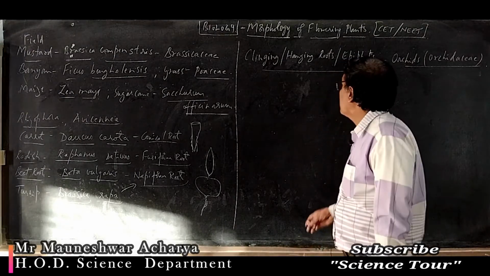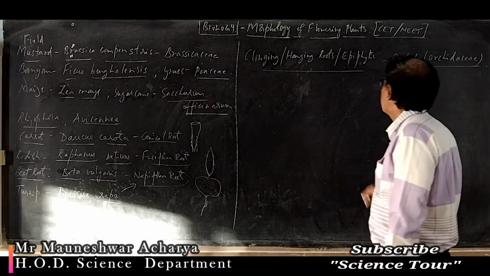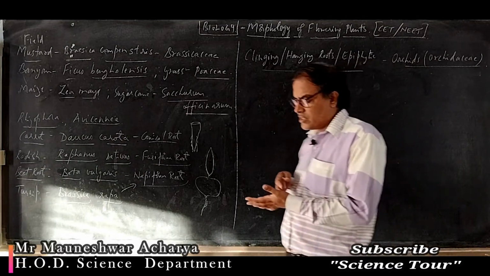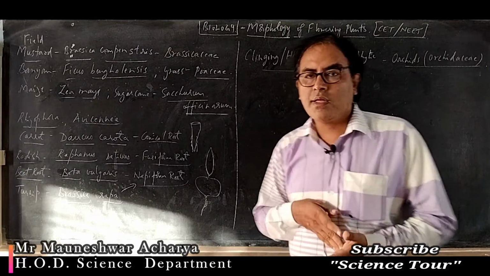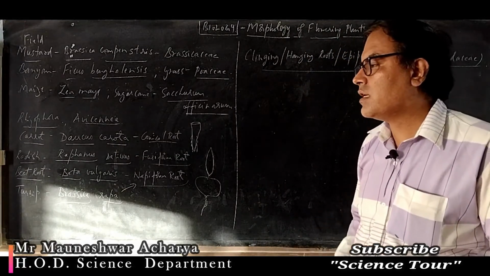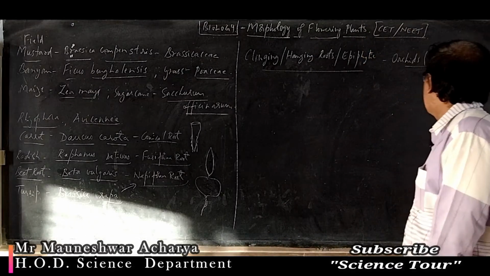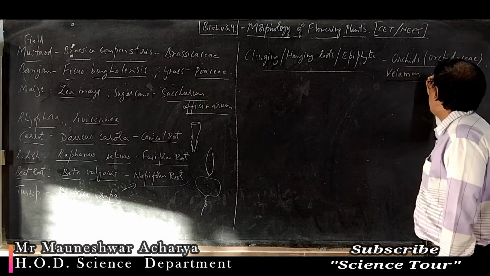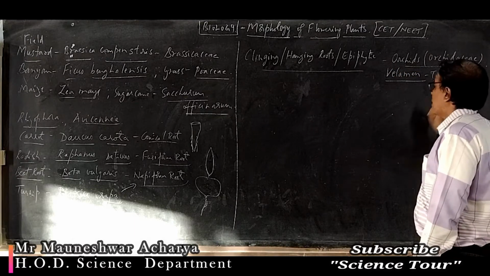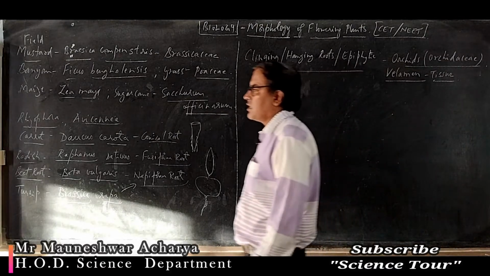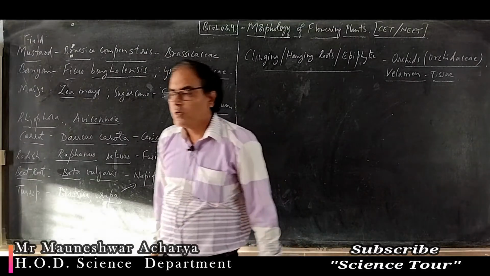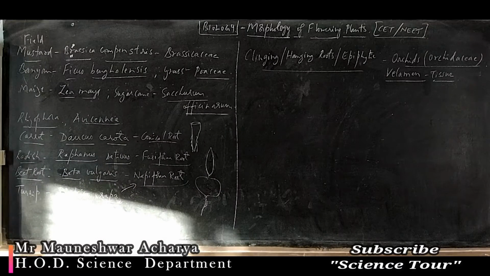So they have specialized roots. Those are called clinging roots or hanging roots. With this they firmly attach to the host. The host here is the mango tree. They will not harm the mango tree, it is just for support. They have a specialized tissue called velamen. With the help of this velamen tissue, they absorb moisture from the air. With the moisture they also take some minerals and they can synthesize their own food. So this is about the epiphytic root or clinging or hanging root, which gives mechanical support.